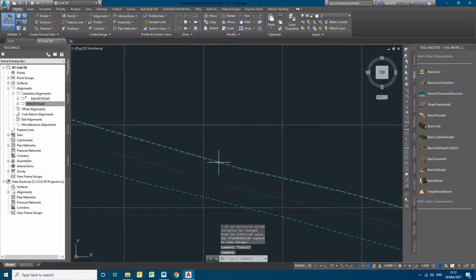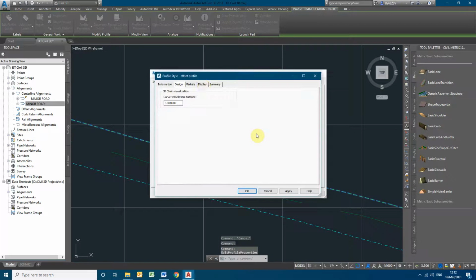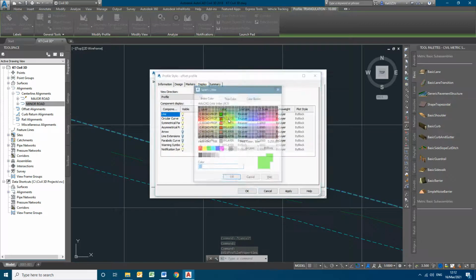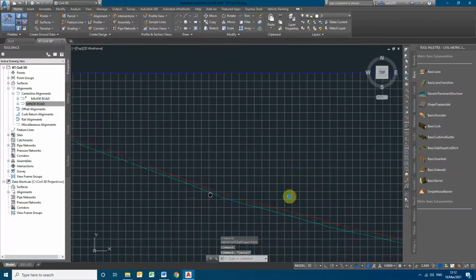So you can see the green line. I can even change the colors also. You can go to here, display, the line green, you can make it as red. You can see the red color line.